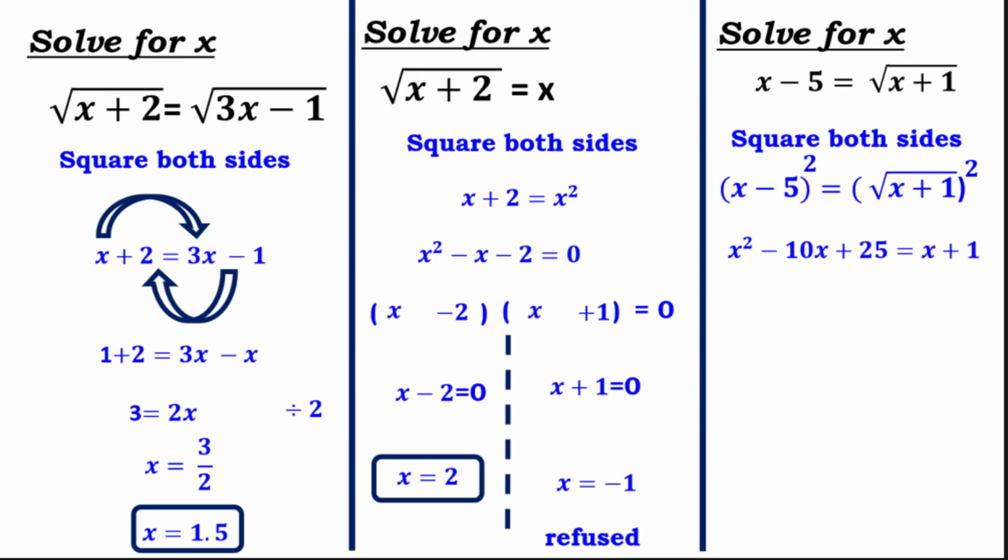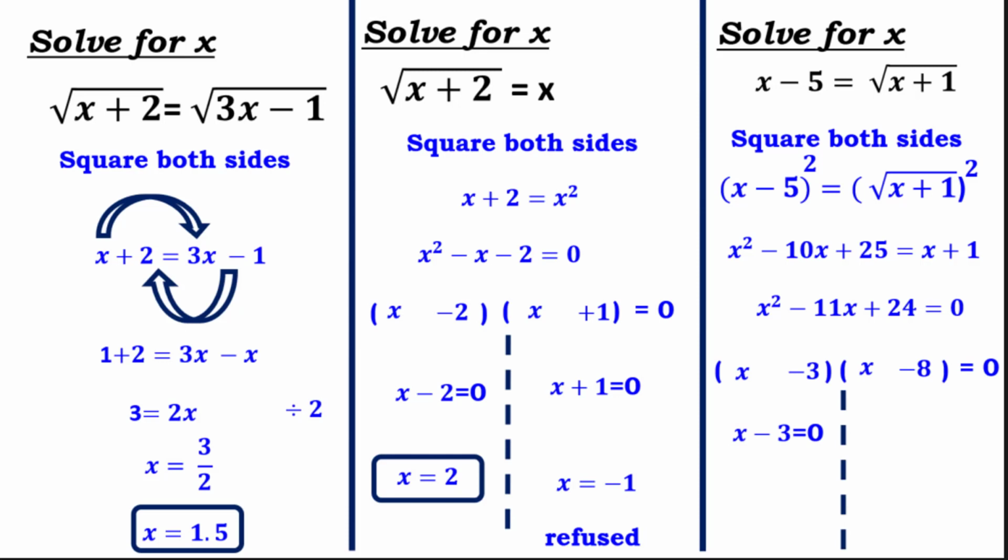Simplify this equation. We will deduce that x squared minus 11x plus 24 equals 0. By factoring the left hand side, we will get x squared, x times x, and 24, it will be negative 3 times negative 8. We will get here that x minus 3 equals 0, then x equals 3, and x minus 8 equals 0,